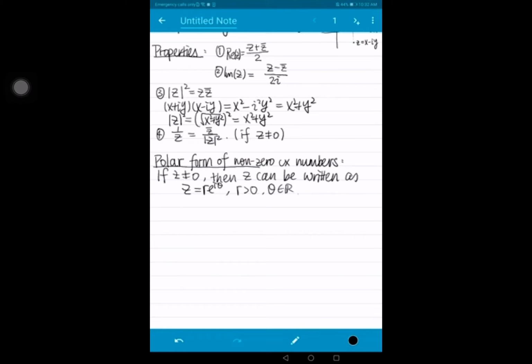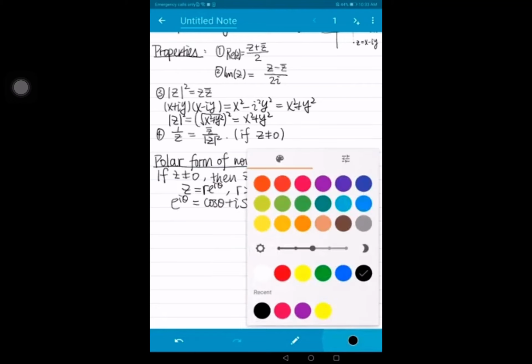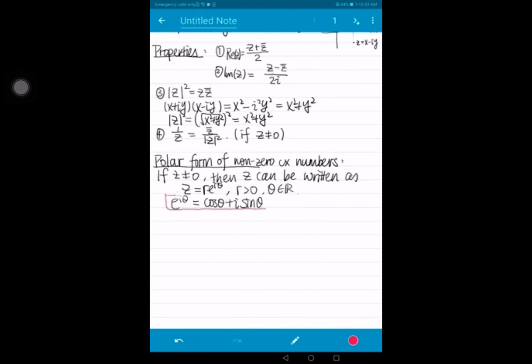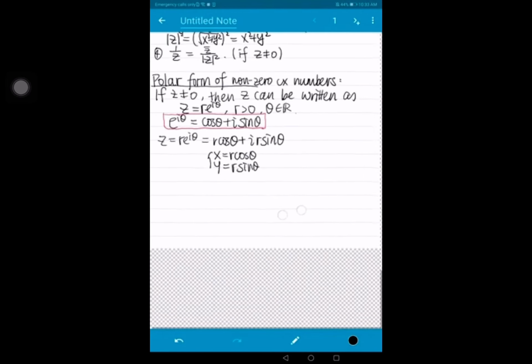Right, so this looks different from the expression where you have real part and imaginary part, right? So how are they related? Well, this is related by this formula. So what is e^(i theta)? This equals cosine theta plus i times sine theta. So this formula is the key which connects the polar presentation to the usual imaginary and real part representation, right? So z equals r e^(i theta) equals r cosine theta plus i times r sine theta, right? So this is the real part, x equals r cosine theta and y equals r sine theta, and this is exactly the polar coordinates for the xy plane,